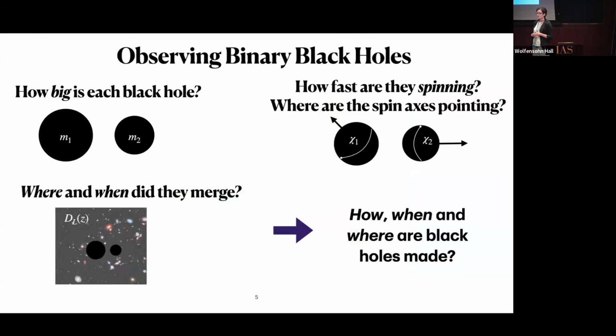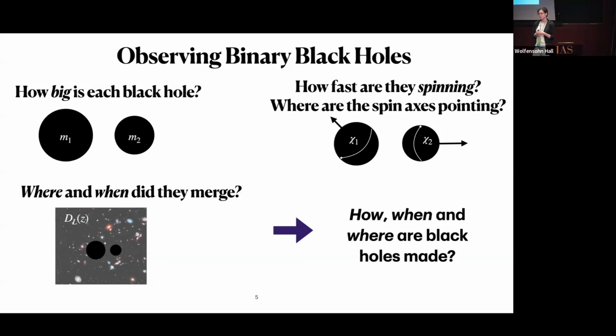And we've already learned about how these gravitational wave signals from these types of binary black hole sources encode the properties of the source. So the first thing that's encoded in the gravitational wave sources is how big each of the black holes in the binary is. We label the bigger one as M1 and the smaller one as M2. Then we also learn from the gravitational wave signal about the spins of the black holes, how fast they're spinning and what the spin orientation is relative to the orbital angular momentum axis and relative to the 2 black holes.